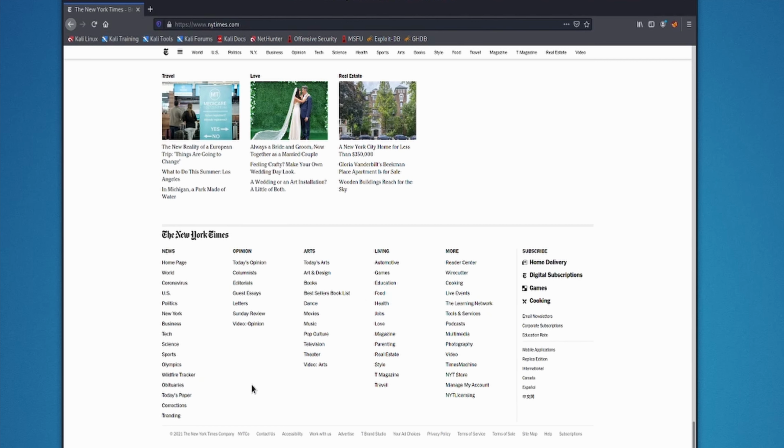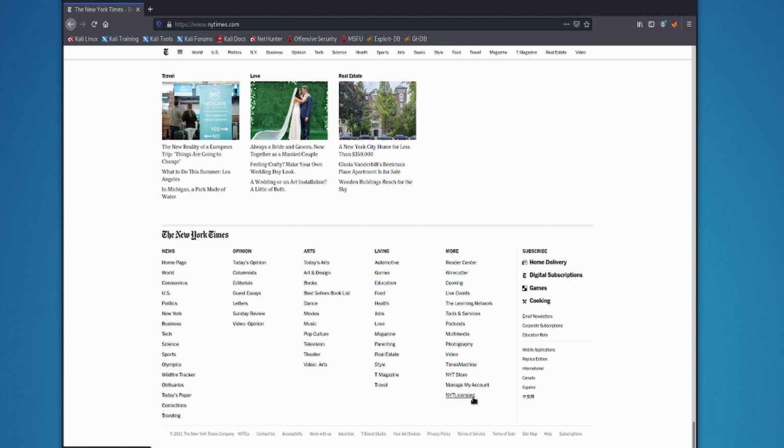So what in here looks interesting? We're not looking at them for the news. We're not looking at them for opinion pieces, unless our particular thing was about an editorial or about content. Arts, living, more. There's a store. That's interesting. So we could add store.newyorktimes.com to our actual domain site. So we have nytimes.com, www.nytimes.com and store. There's also